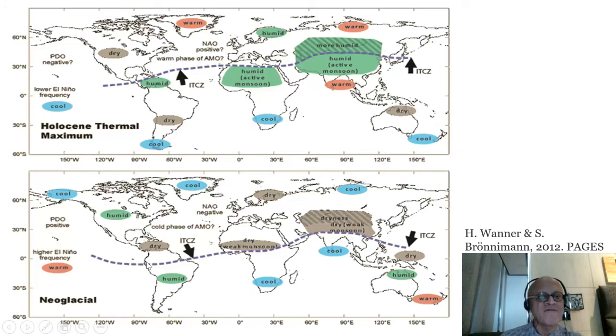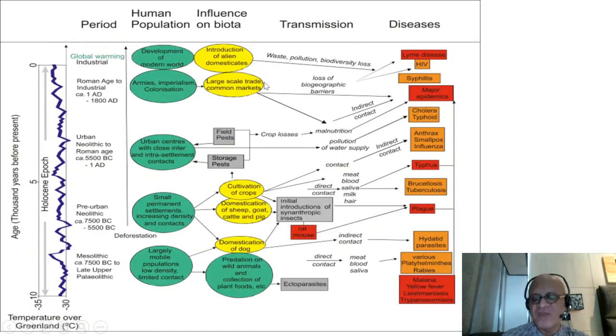And when you have the neoglacial period, you can see that you got much dryness, weak monsoon, extinction, demise of civilizations, dry, weak monsoons, humid periods. So you can see the contrast here: dry, weak, and humid periods here, humid and dry periods. So contrasting climates happen as the ITCZ shifts on low frequencies.